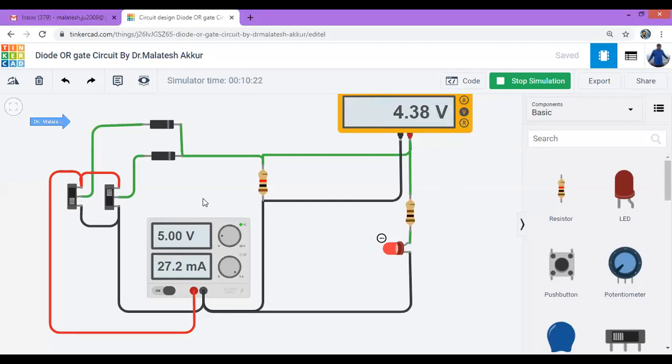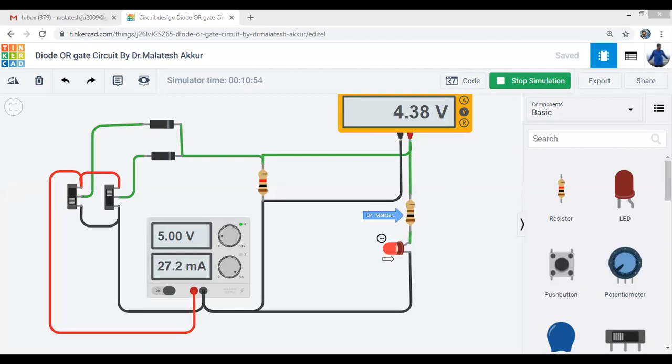You can see here, this is 1 kilo ohm I have taken. This is 100 ohm, as a load RL. This is 1 kilo ohm. Sorry, it is a 10 kilo ohm. You can select any resistor, it doesn't matter. But here, try to use a low resistor in series with the LED, because if you use a higher resistor, the current will be less and the LED intensity will be low. In this case, this is 100 ohm and this is a 10 kilo ohm. You can use 1 kilo ohm also, it doesn't matter.